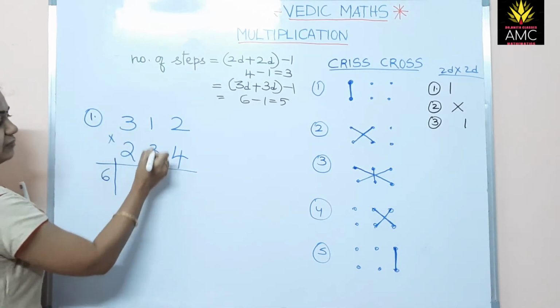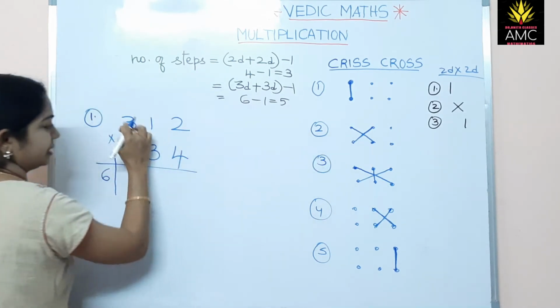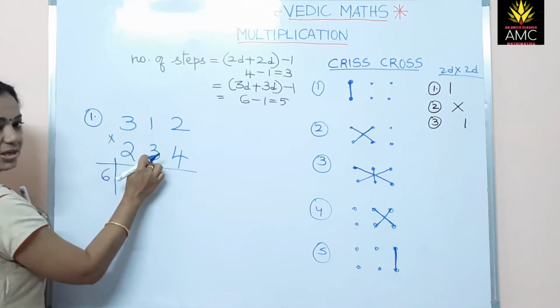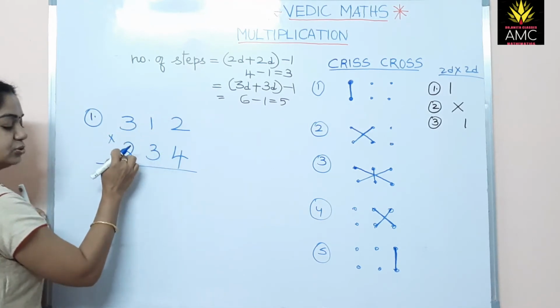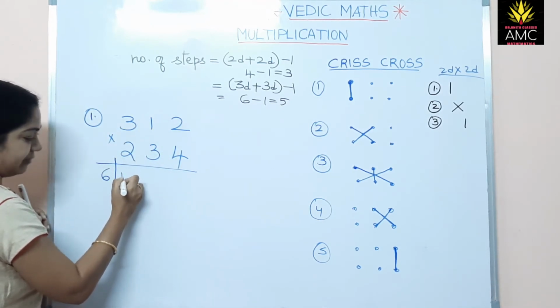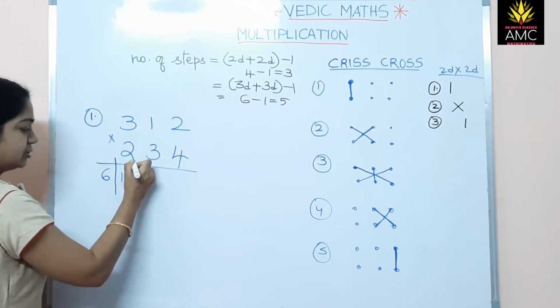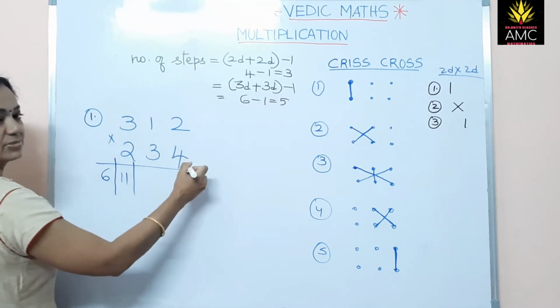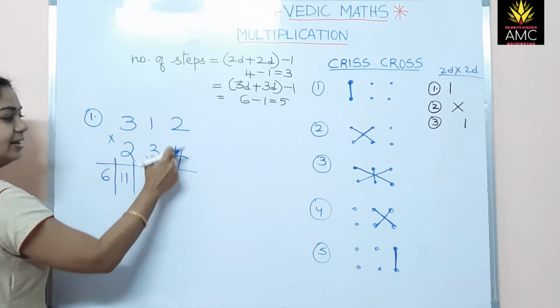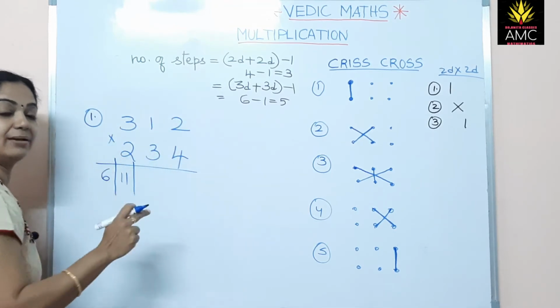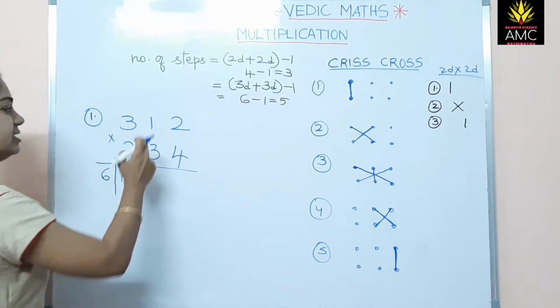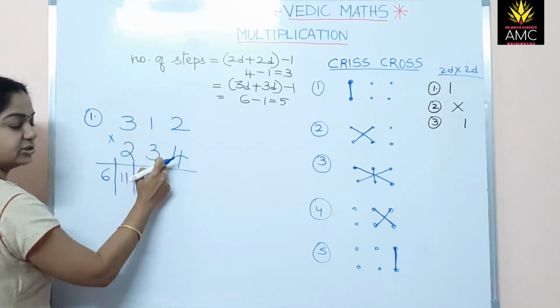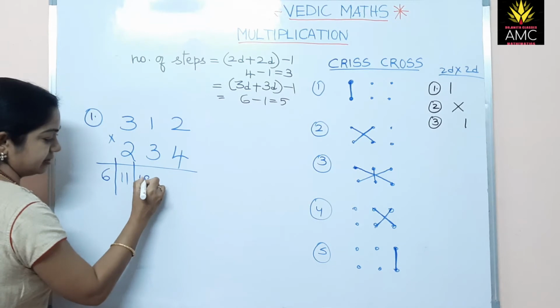Okay, now next we have to do this second one, that means these two. So 3 3s 9 plus 2, 9 plus 2 comes to 11. So this is a double digit number, so keep a slash again and go for the extremes. Now 3 4s 12, 2 2s 4, 12 plus 4 is 16, 16 plus 1 into 3 is 3, 19, right?